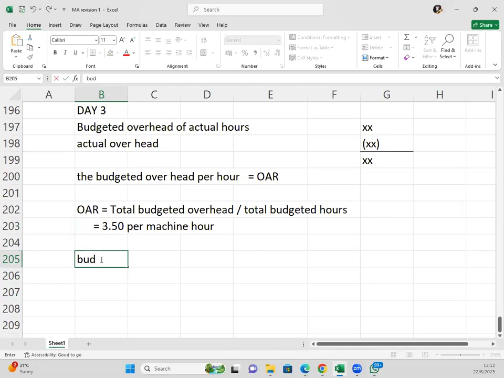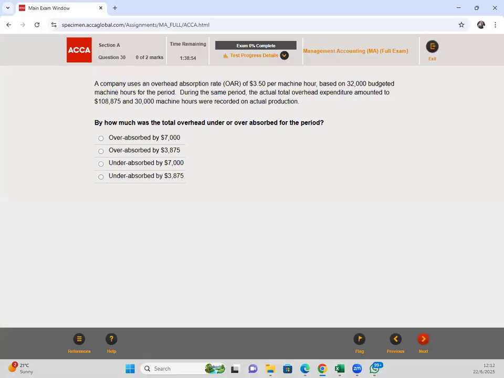Sorry, budgeted overhead in total. So that is the budget for every hour. Overhead cost is 350, that's the OAR times the hours we have worked. So we budget a cost of 350 per hour. Then the actual overhead expenditure is given, and 30,000 machine